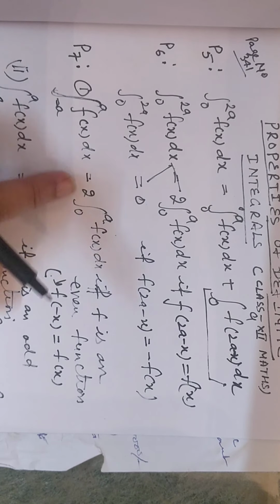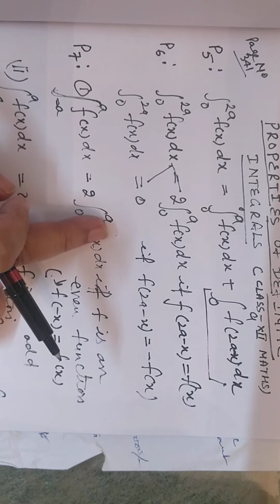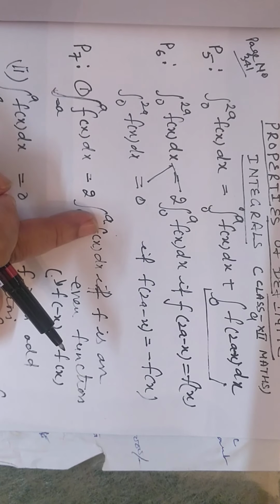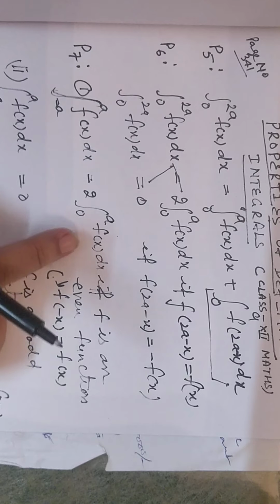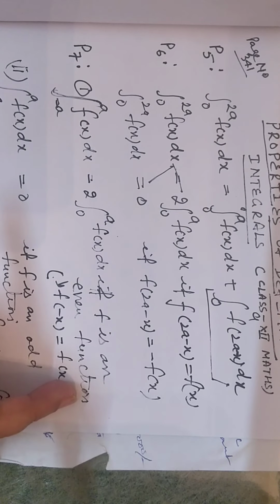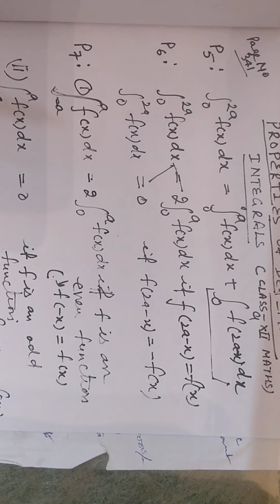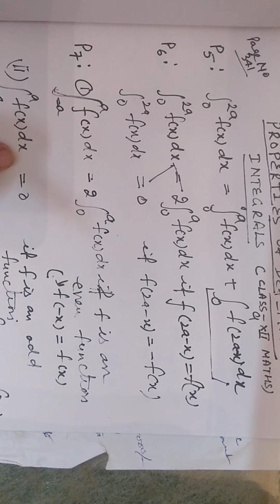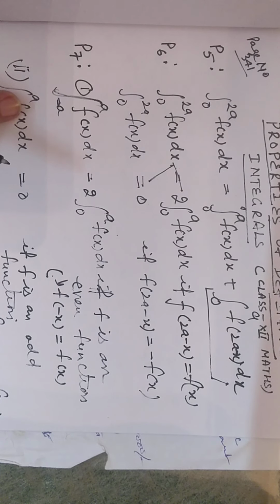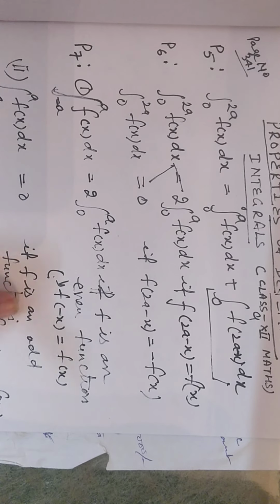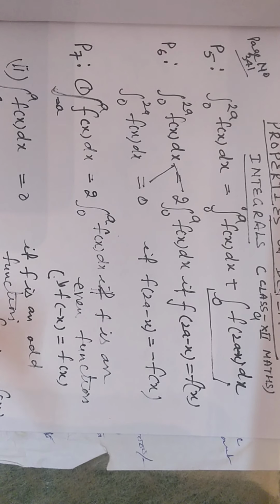The integral from minus a to a of f(x) dx can be written as 2 times the integral from 0 to a. Instead of minus a you will write 0 to a. You will have to learn these properties. That is, 2 times the integral of f(x) dx if f is an even function, that means f of minus x is f(x). Is that clear? Now in the second case, the integral of any function f(x) dx where limits are minus a to a will be 0 if f is an odd function, that is, if f of minus x is equal to minus f(x).